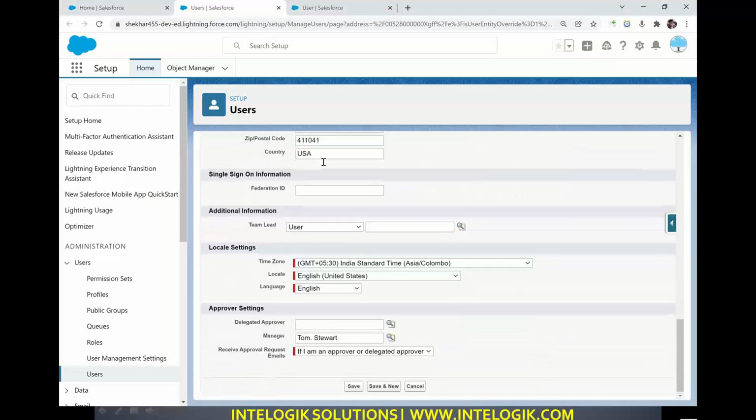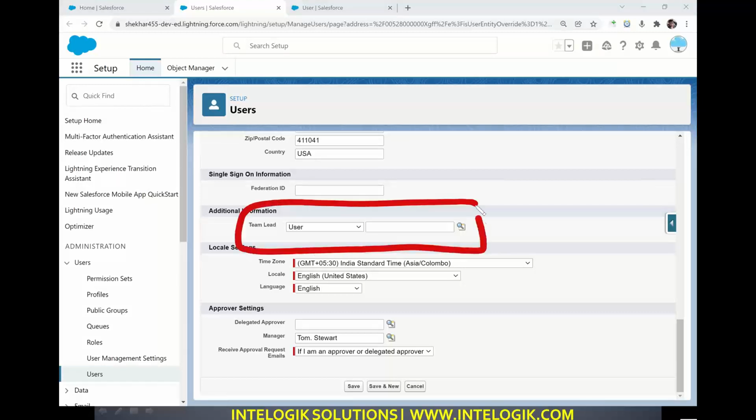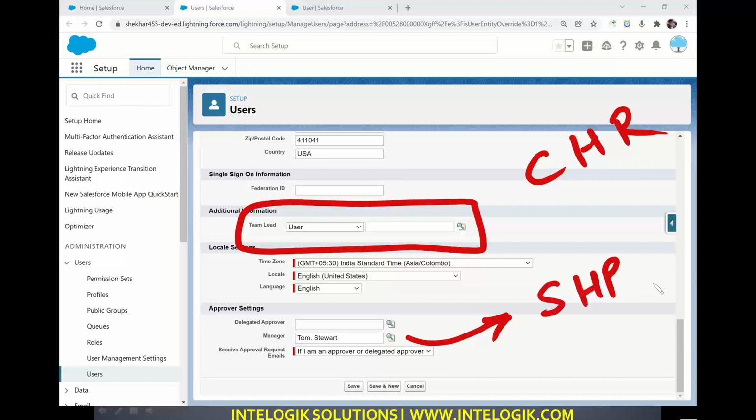Anyways, please note guys, look at this. Now this is the team lead field that we have created. This is our custom hierarchy relationship field, whereas this one is by default available in all the Salesforce orgs, the standard hierarchy relationship field.